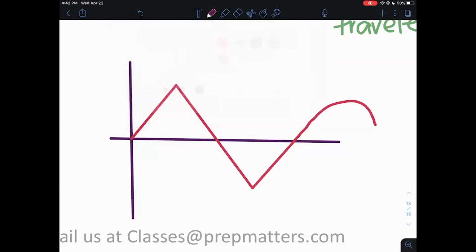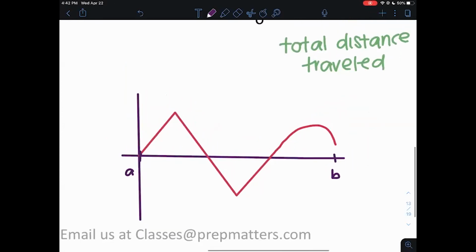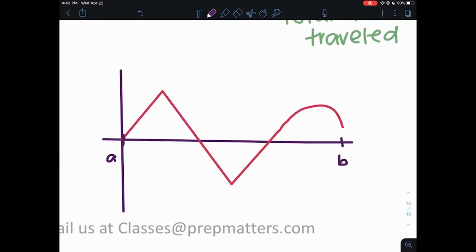Okay, we're going to make this b and this a. If I take the integral right now from a to b, this area and this area are going to cancel each other out. So really, my integral would just be this. If I take the absolute value of the area,